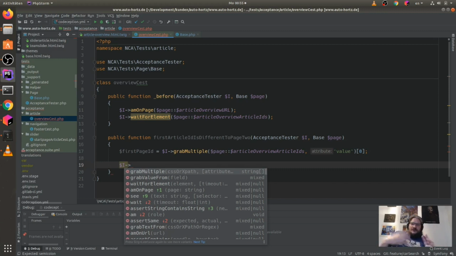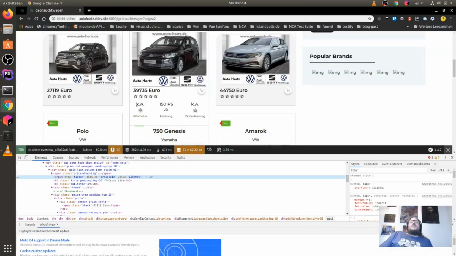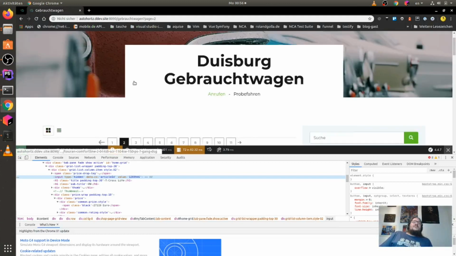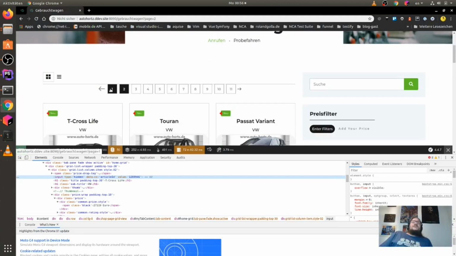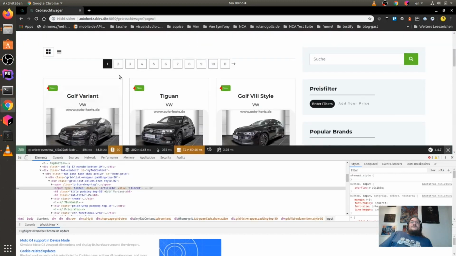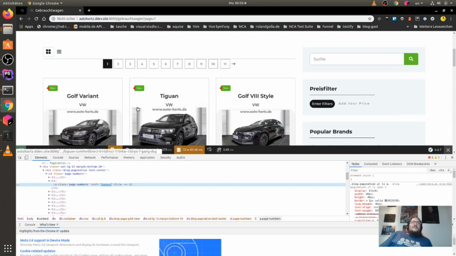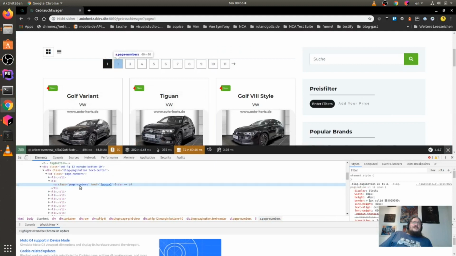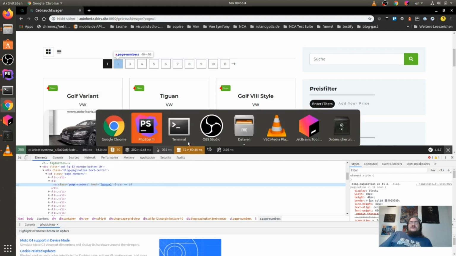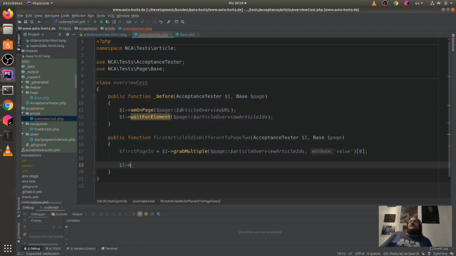You see there's just a parameter page 2 here, but I can also say, hey, please let me click this link here. I hope this selector is as easy as I think.